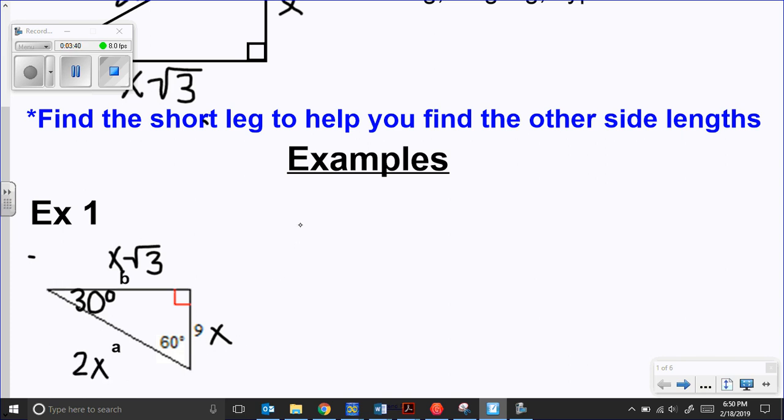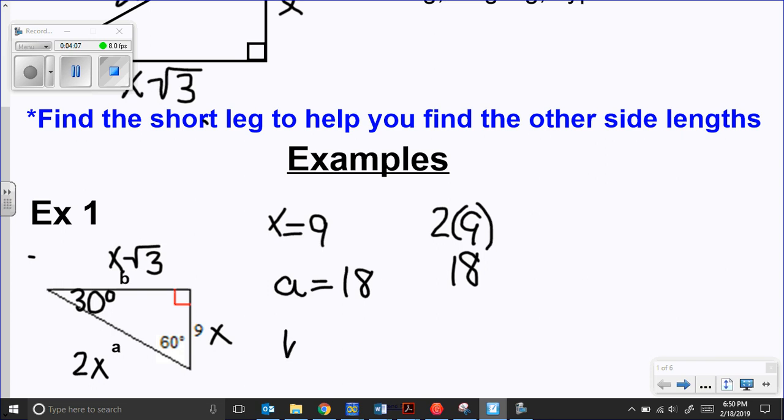So in this case, we know that x is equal to 9 because that was told to us. So now we need to find a when a is 2x. So we'll just do 2 times 9, which will get 18. So now we know that a is equal to 18. And then if we need to find b, we're going to plug in x for x times the square